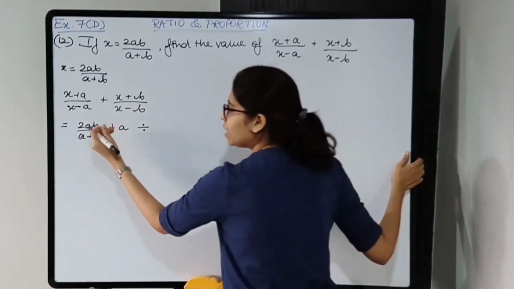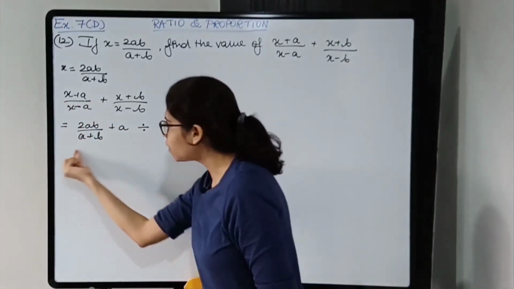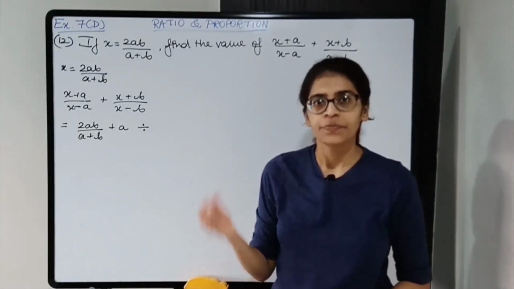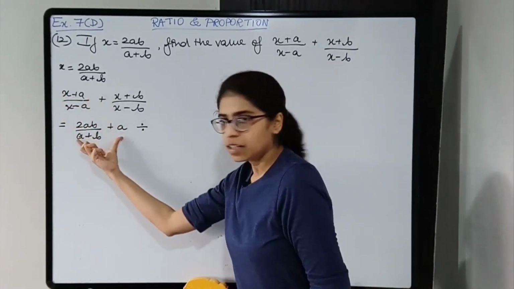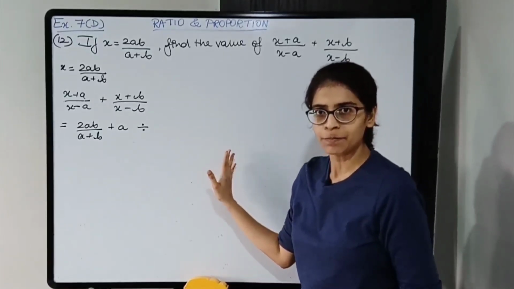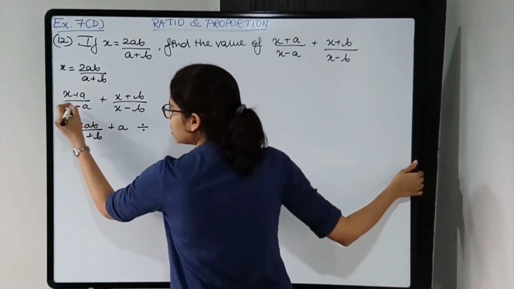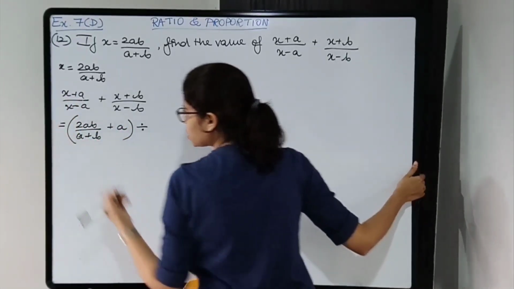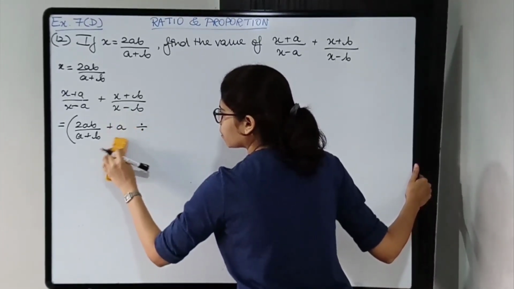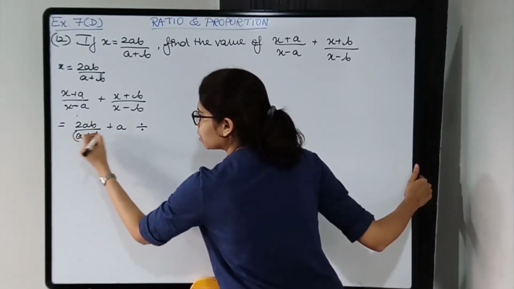We'll write it in a simplified way, because if you write this whole thing divided by again the whole thing, it will look very complicated. Instead, write the whole numerator, divided by the denominator over here on the same line. It will be easier to solve. So this is the numerator, put brackets. Put box brackets actually, because we'll put round brackets inside. Put round brackets here.